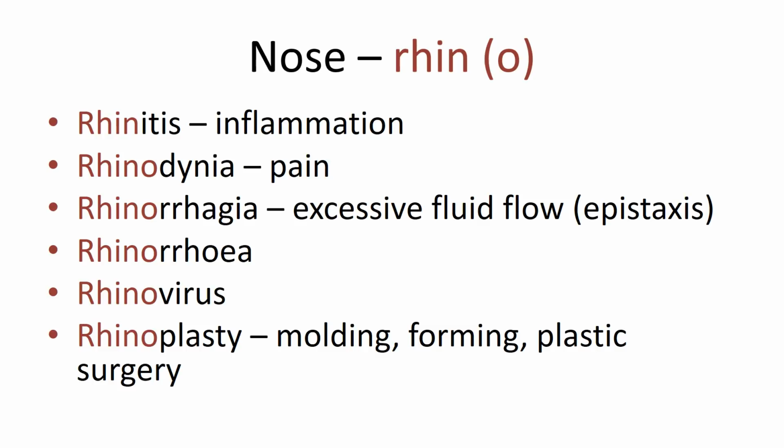A rhinovirus is a virus which will infect the nasal passages, and this of course is exactly what causes the common cold. The common cold is caused by rhinoviruses, and there are many different types of rhinoviruses, and they genetically change from time to time, which is why you can get colds where you can get one cold after another under some circumstances, because it's a different virus. And even though you make antibodies to one of the viruses, then you can still be